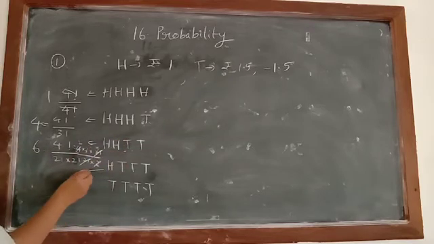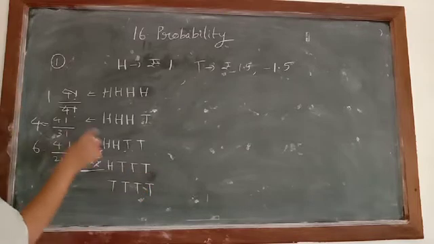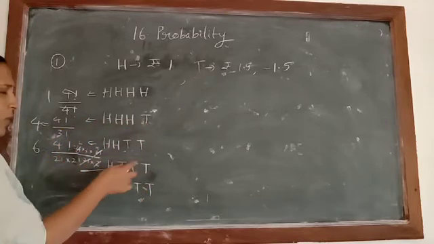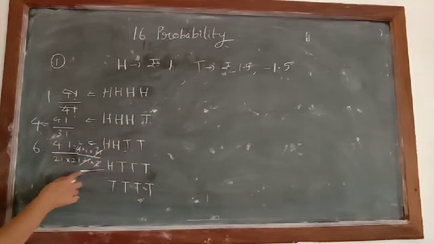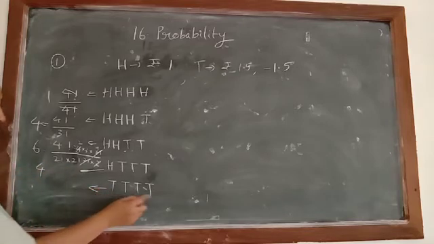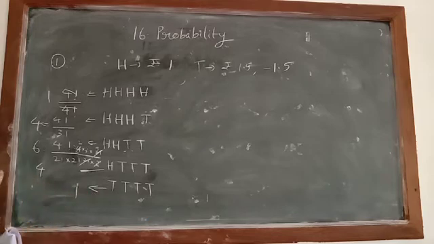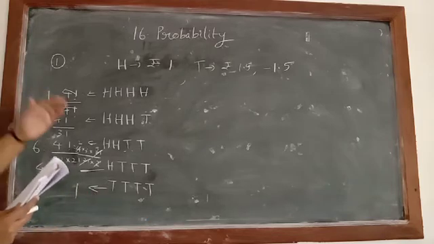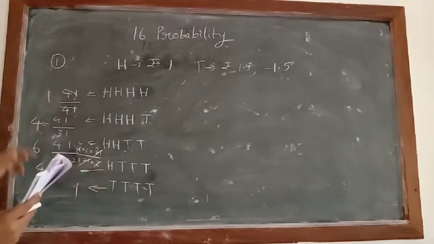Now in the same way, 1 head and 3 tails. As we did for 3 heads and 1 tail, the same combination will come, so this is also repeated 4 times. And 4 tails will come how many times? 1 time only. So we wrote how many times each observation will occur.